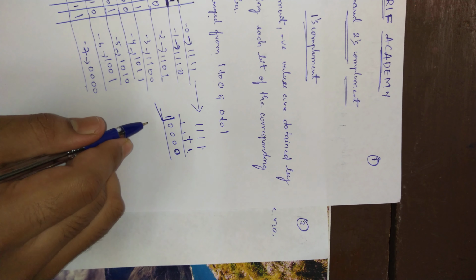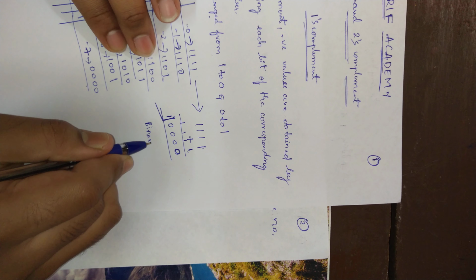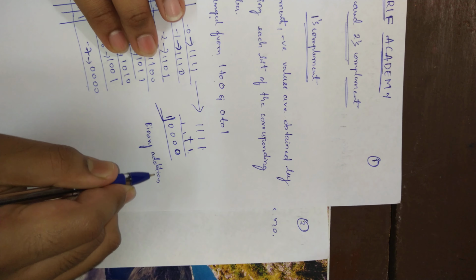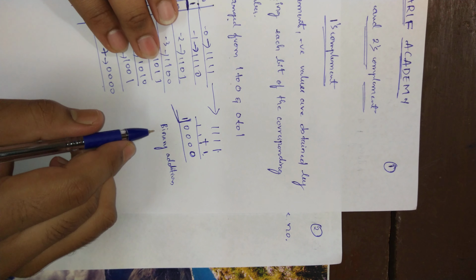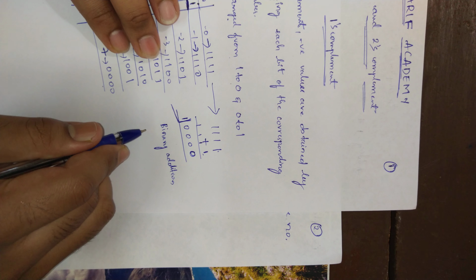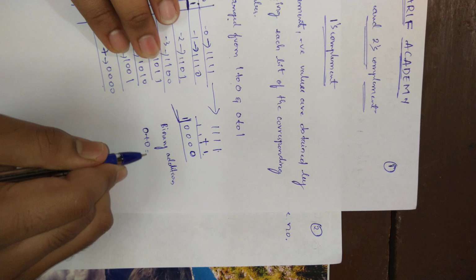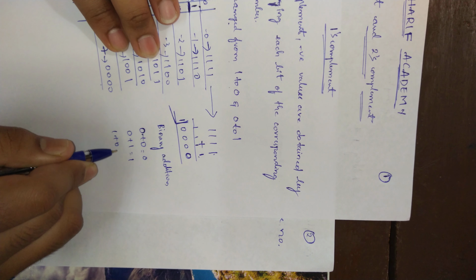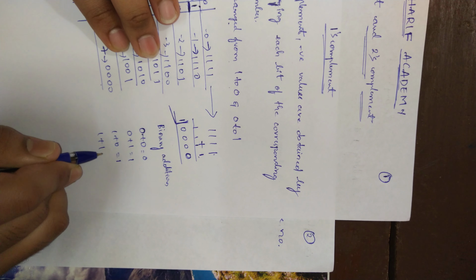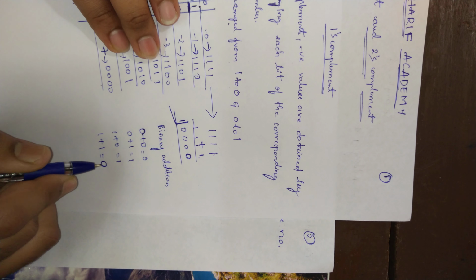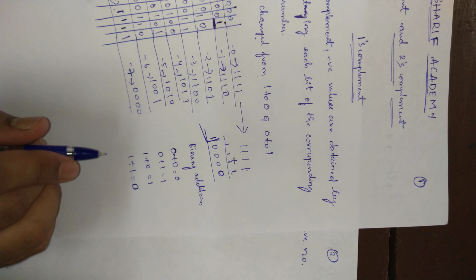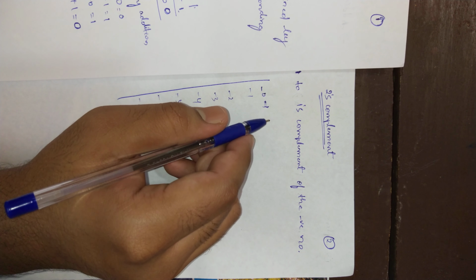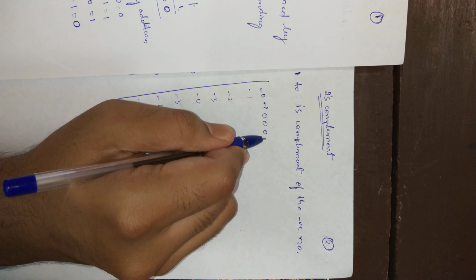I have done this as binary addition. If you people don't know, you can clearly understand here. It is binary addition. What are you going to do? If you get 0 + 0, then the answer is 0. 0 + 1, then the answer is 1. 1 + 0, then the answer is 1. 1 + 1, the answer is 0, that means it's carry 1. You have to write only 0. Okay. For 0, its value is 0000.